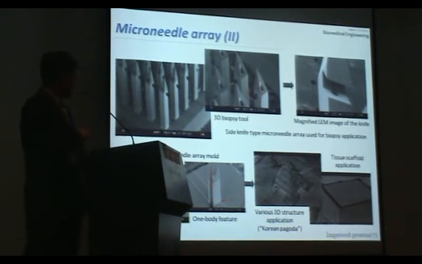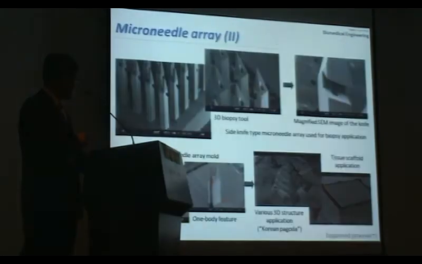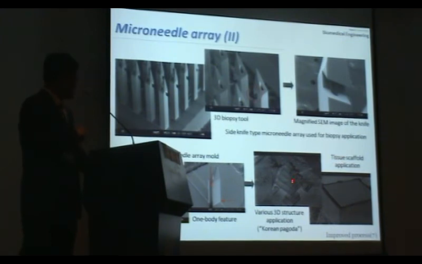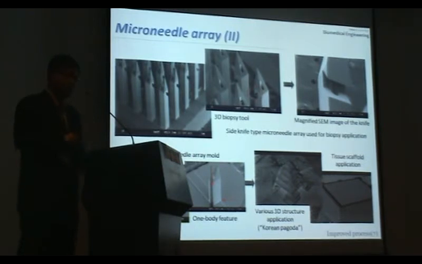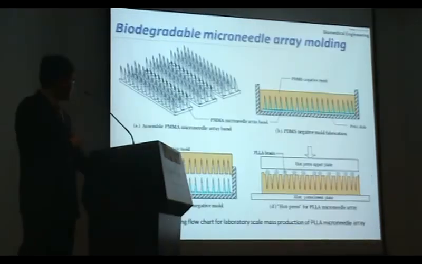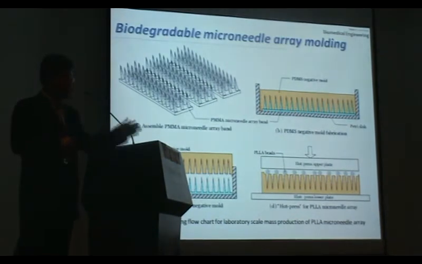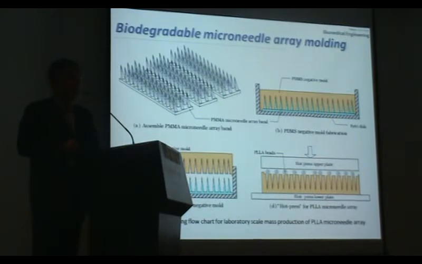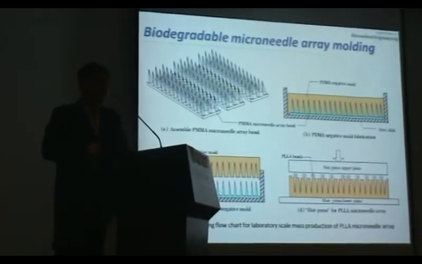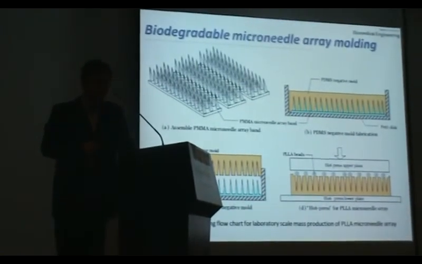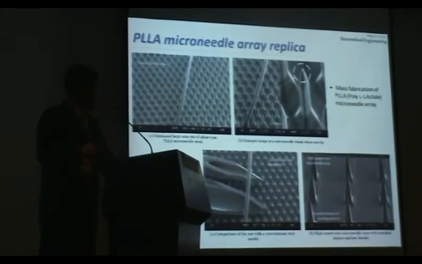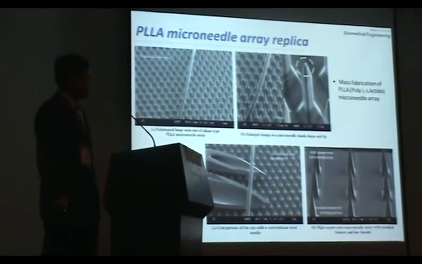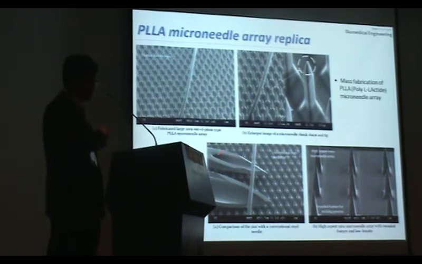The other application is fully 3D structures like this honeycomb structure, which might be used for tissue engineering as a scaffold. I also further developed the microneedle array fabrication, not only simple one-time fabrication. I adapted a mold fabrication method using PLLA and PLTM, which are highly biocompatible materials, with a hot embossing process. And I made this kind of microneedle array. This is the hair. This is a